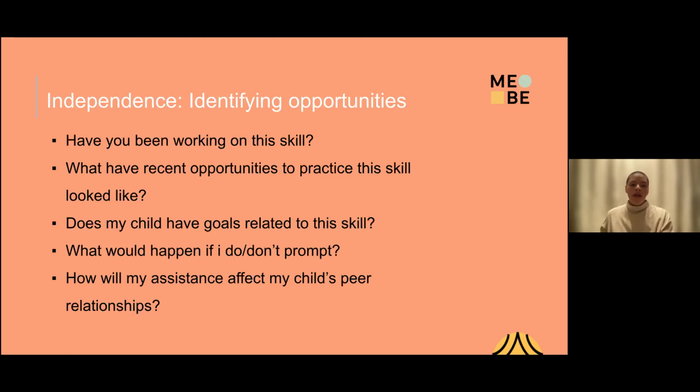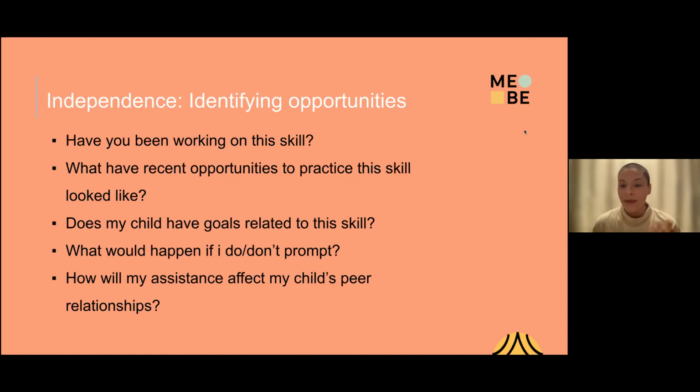So, if you have a skill that you've been working on, for example, maybe you have been working on sharing toys. If you're in a place where you're like, okay, so and so has been coming over and my kid does well sharing their toy, if I'm there to give them a replacement toy, right? So thinking about those recent opportunities, well, how did it go last time that you gave them that replacement toy? Did it go good? Was it really challenging for them? If it was really challenging, okay, maybe we'll do that a few more times, right? Maybe we'll give opportunity for that to become an easier skill for them before building up.